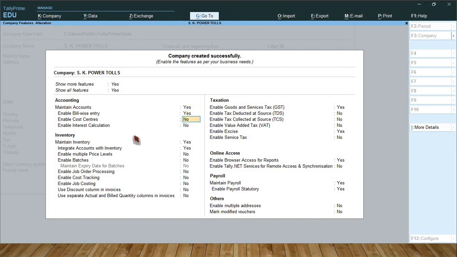So come to here, payroll option. Enable goods and services. Now not required this one. Enable excise duty? No. So this is very important. Payroll, maintain payroll. Set to yes. Enable payroll statutory. Set to yes.